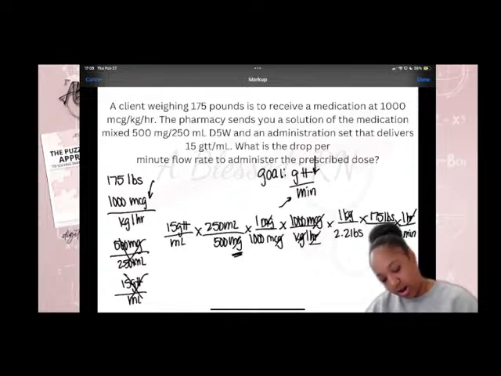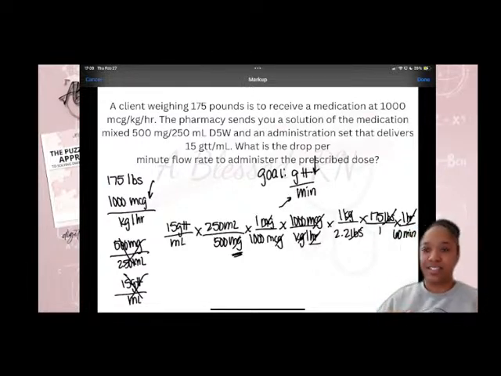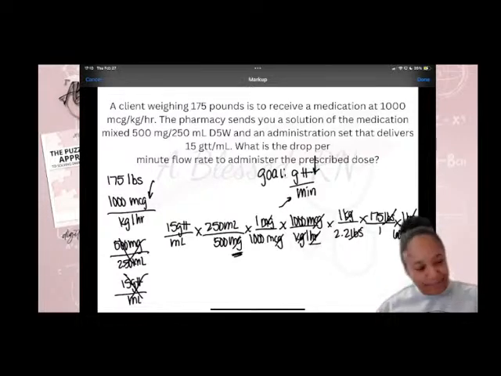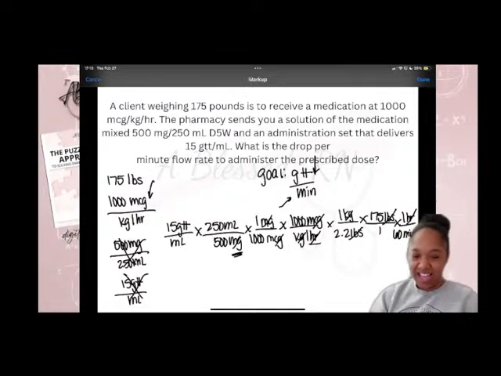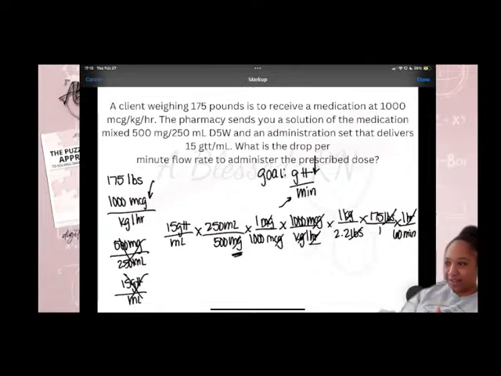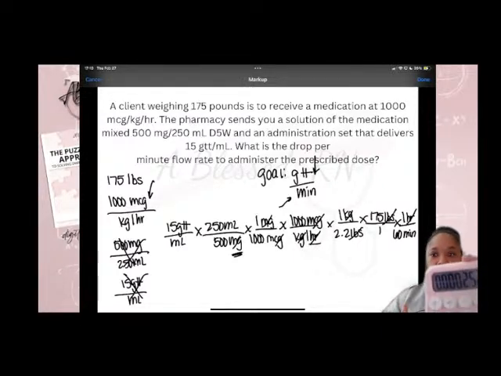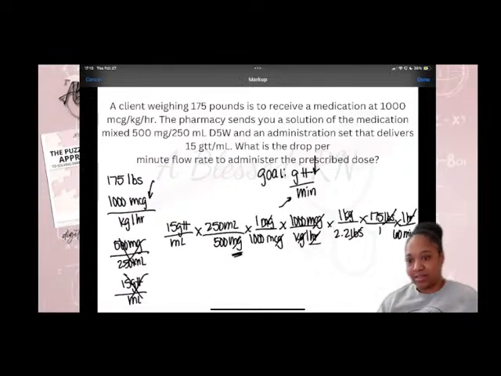Yeah, y'all did it. Look at you. Y'all are putting together these puzzle pieces, defeating dosage left and right. Okay, so we'll do 15 times 250 times 1,000 times 175 divided by... Look at that big old number. See, I'm keeping it all inside the calculator. That's a lot of zeros. So divide, right? 500. It already got smaller. Divided by 1,000. Divided by 2.2. Divided by 60. I got